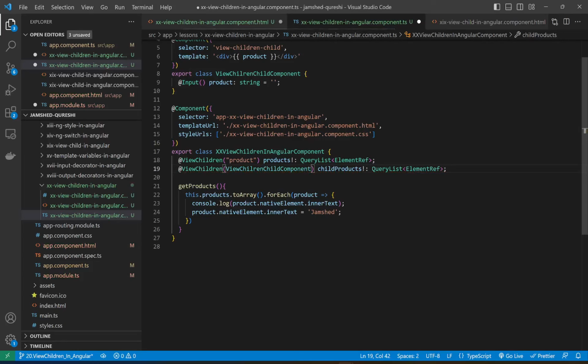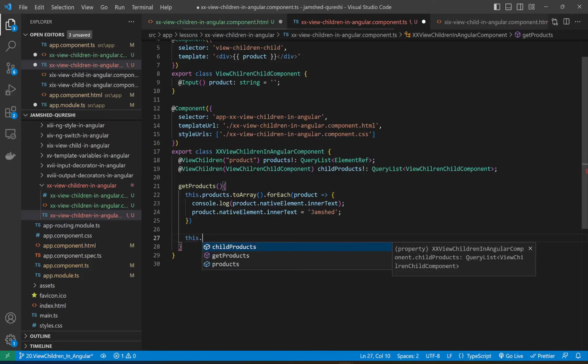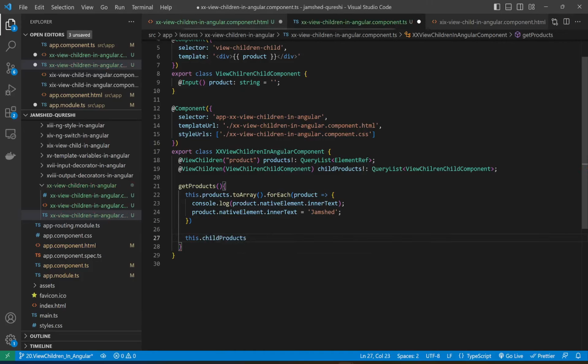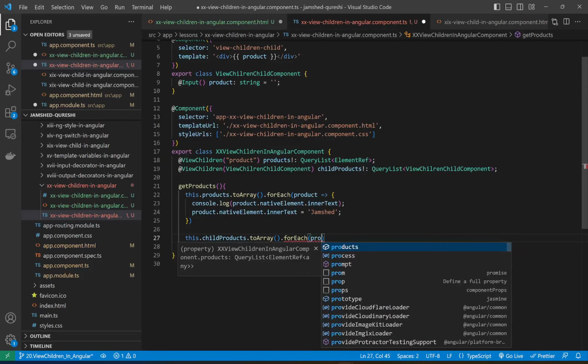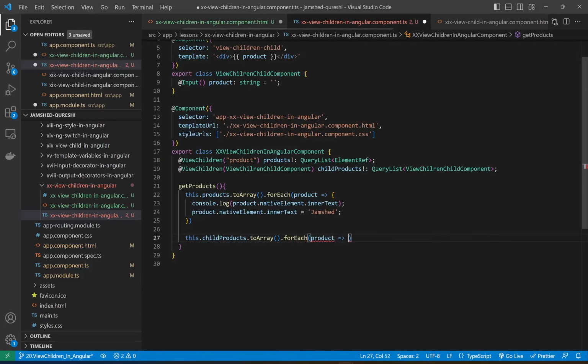And in the query list as well we will access the component because it will give us the list of ViewChildren child component. And in the get product function we will change our logic. So let's say we write this.childProducts.toArray().forEach, and here again we will access the product reference,